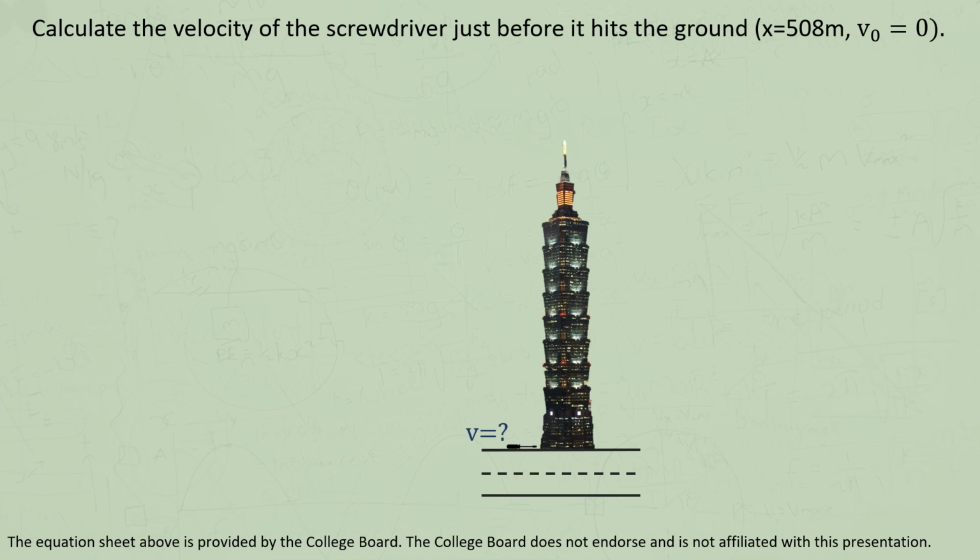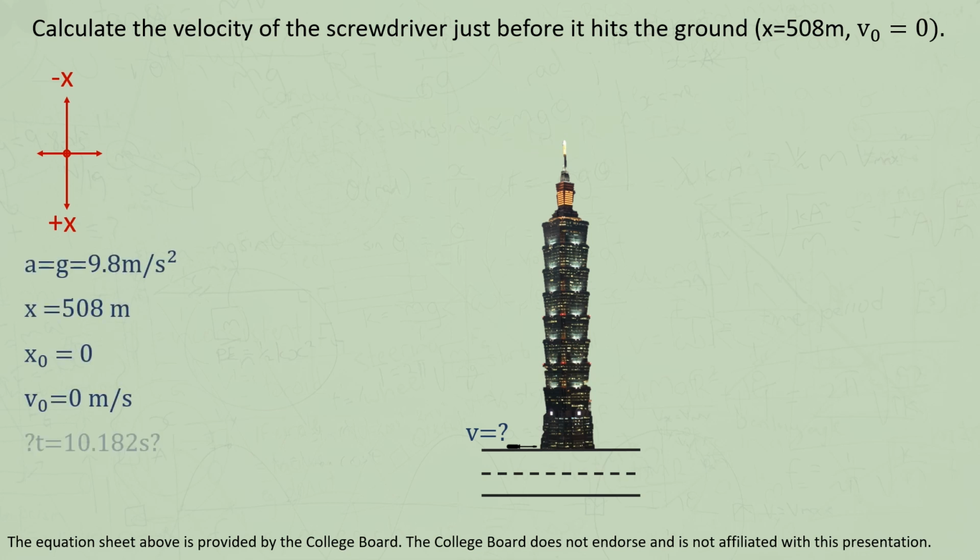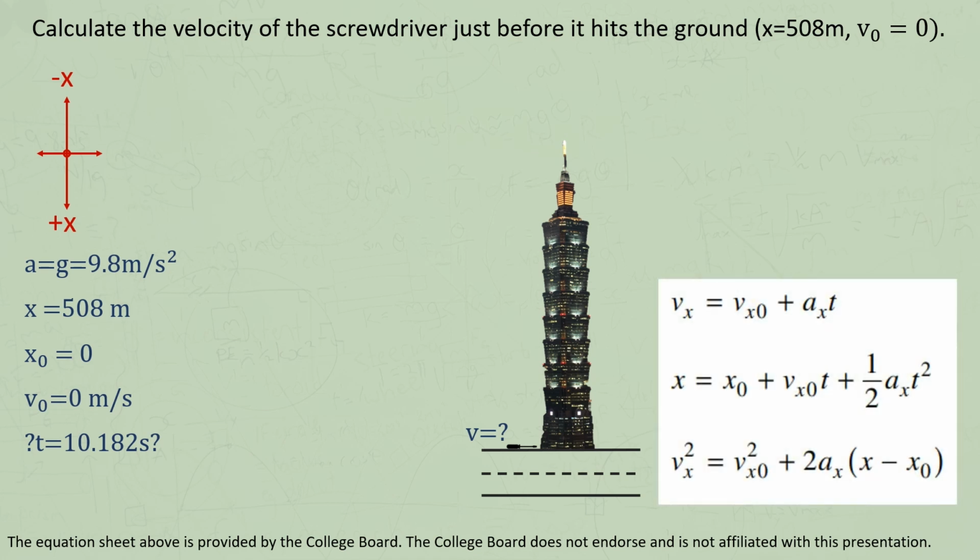Since velocity and acceleration are both downwards again, let's keep downwards as positive. I really encourage my students to make a note of this in their working. These values are the same as before. Now we have time from the last question, and we can use it if we need to. But since we calculated that value ourselves, it's less reliable than the other values which were given to us in the question. And we'll keep lots of significant digits to make our calculation as accurate as possible, and then round